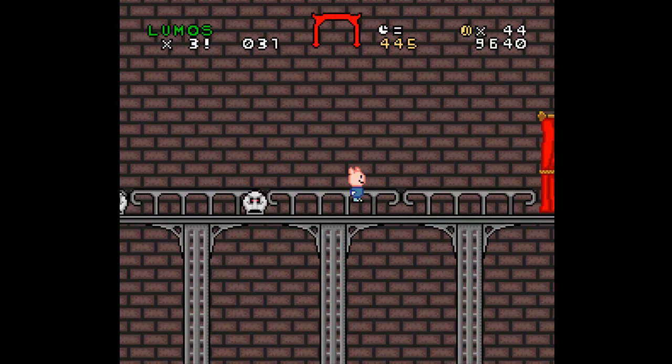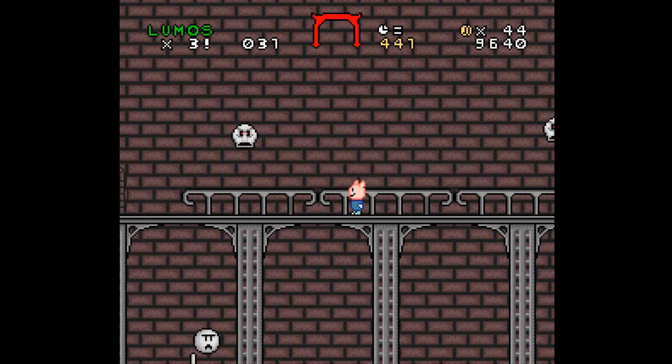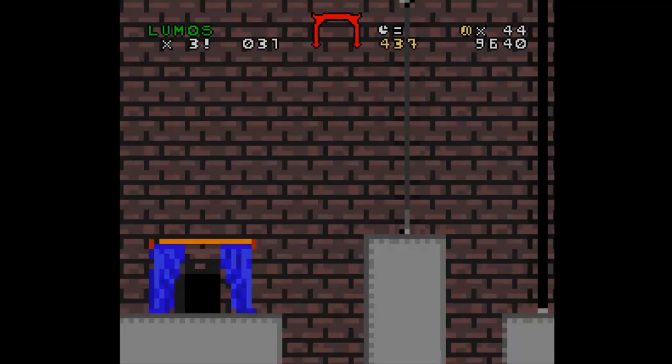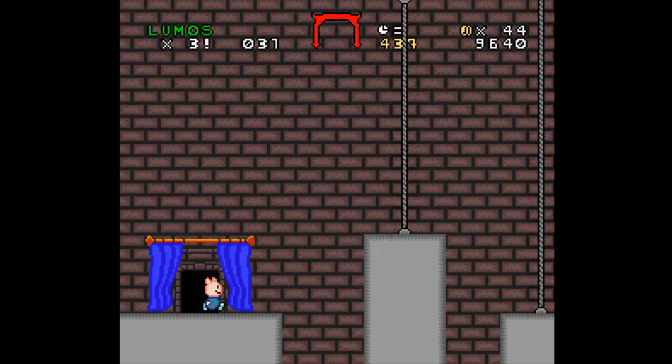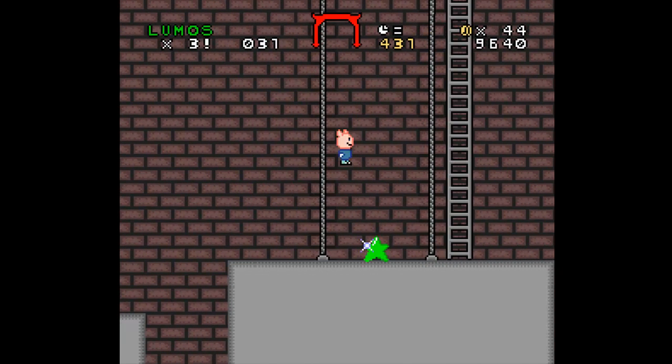Okay, now, just gotta cross this thing, apparently. This doesn't look at all hard. Isn't that where we were before? Now we're in another room. Wait a minute. Is there something else I have to...